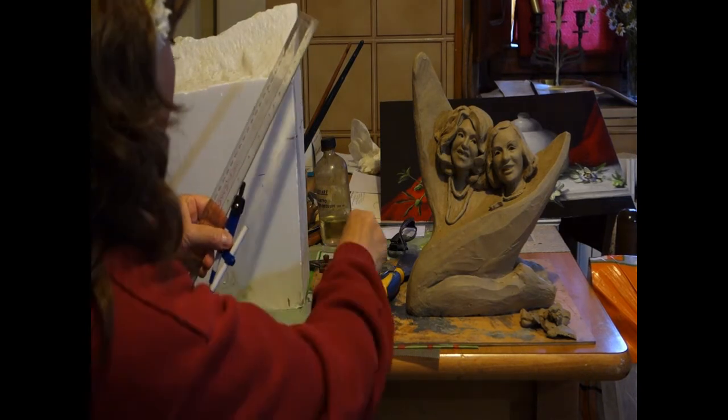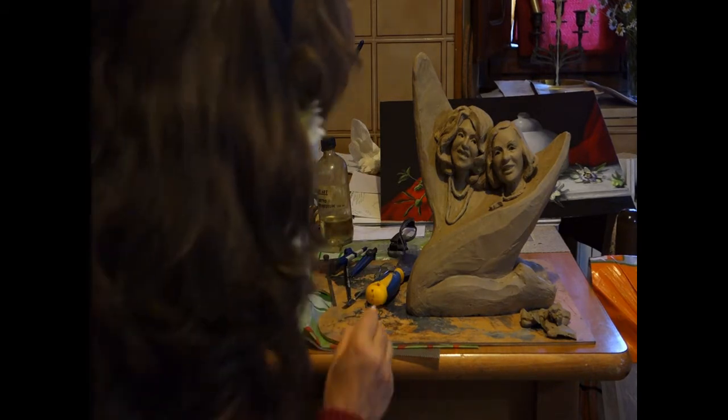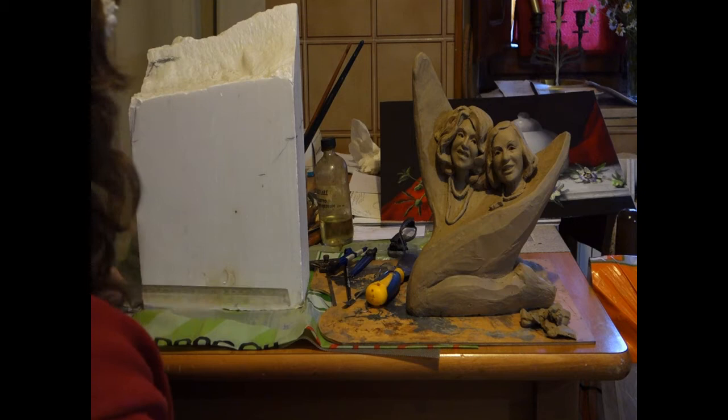So basically what I will do is come over here. You see I started to do a mark here, and then, okay, the knee part is very, very close to the edge here, so I'm not going to worry about it. What I am going to worry about